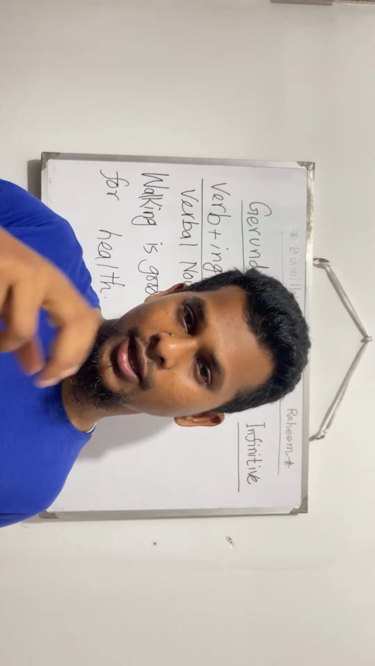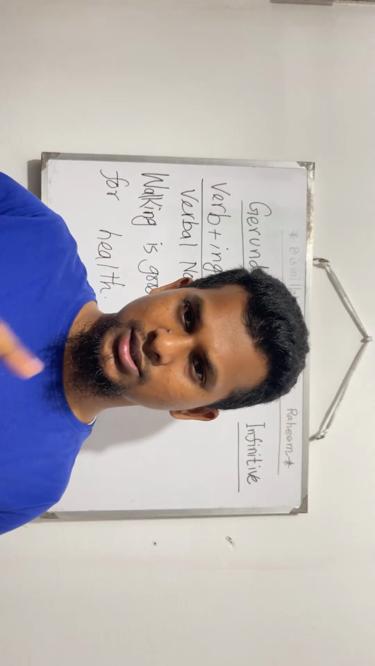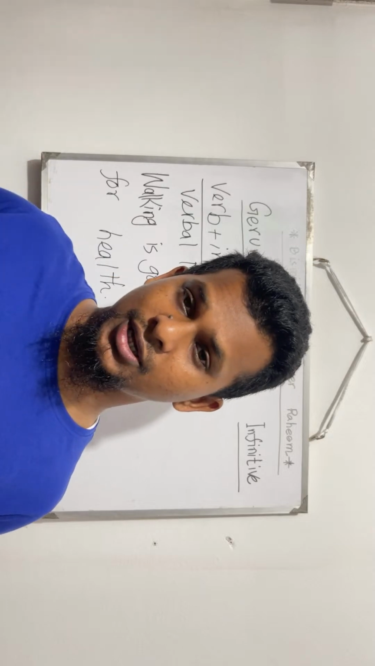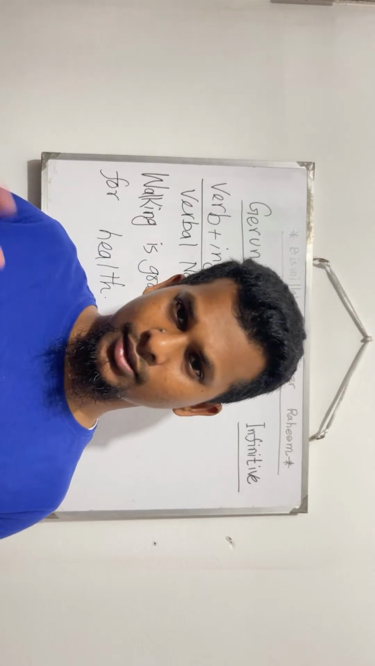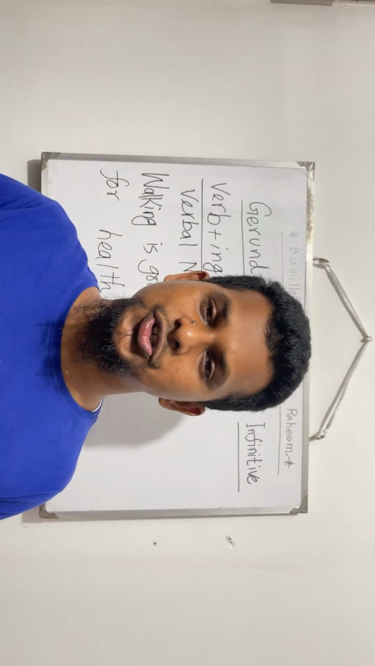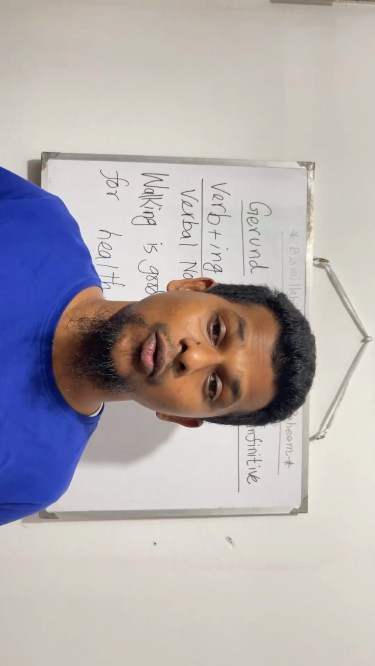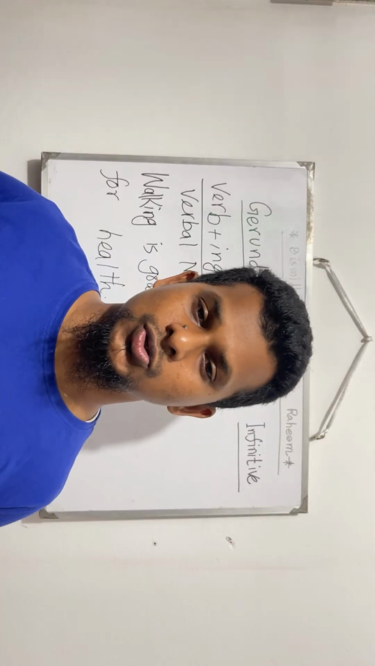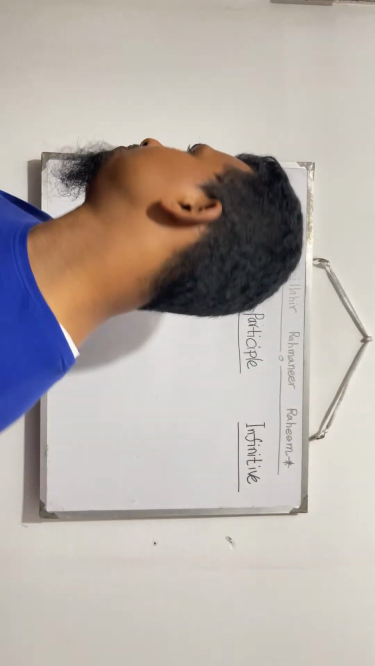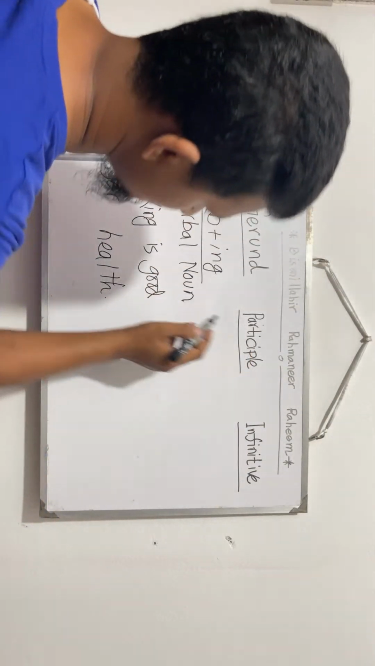So if any verb works like a noun after taking ing after it, at the end of the verb we add ing to make it gerund. Gerund acts like a noun, verbal noun. So that is that. And then comes participle. Participle